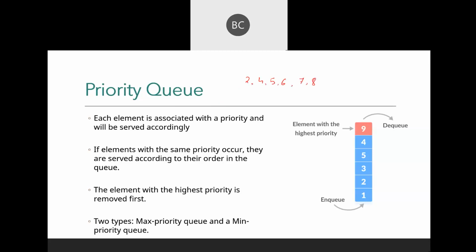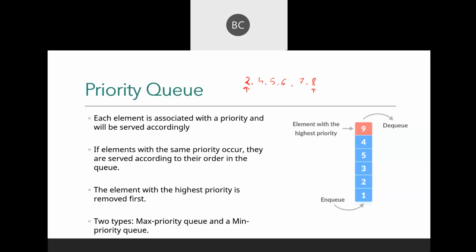Then the highest priority will be for the item with the least value. That means 2 will have the highest priority, and 8 will have the lowest priority, because this one is min priority, or ascending order priority.